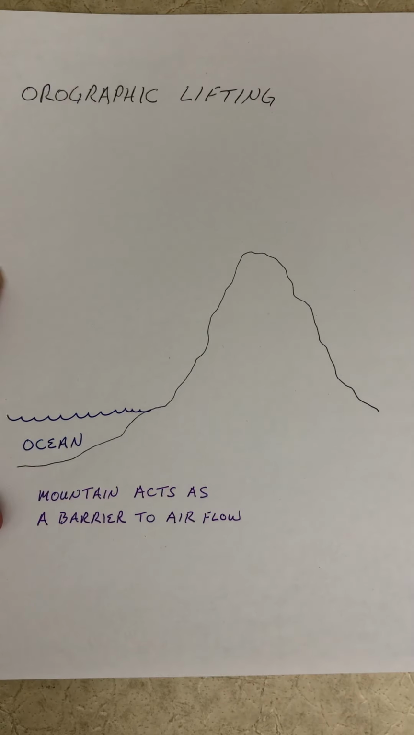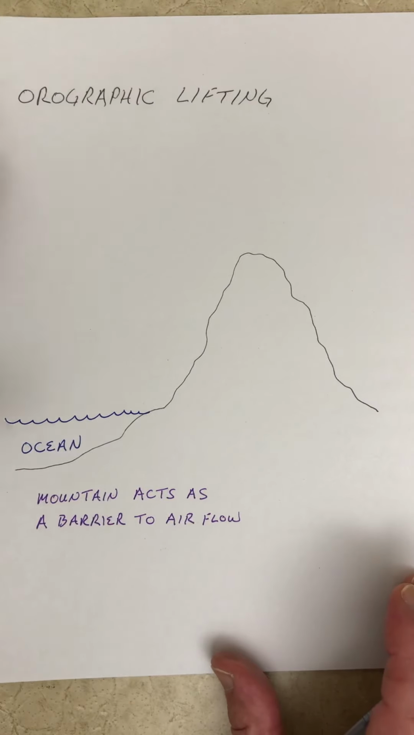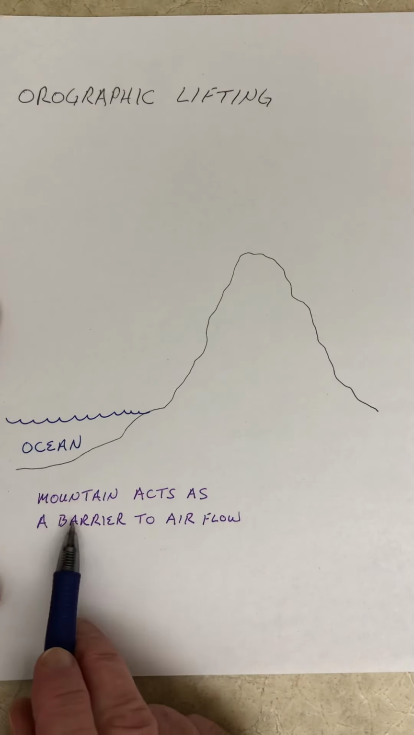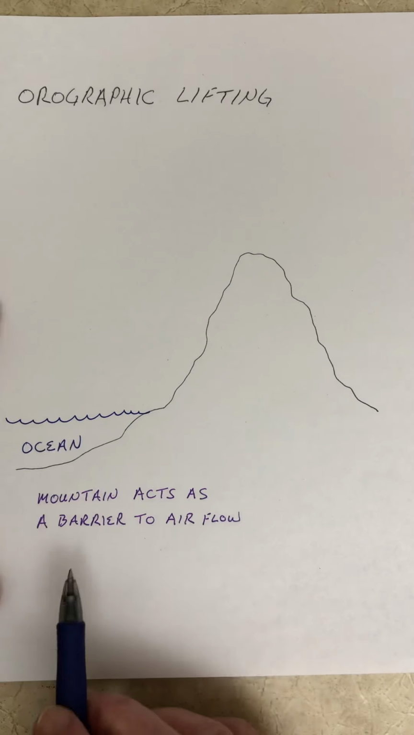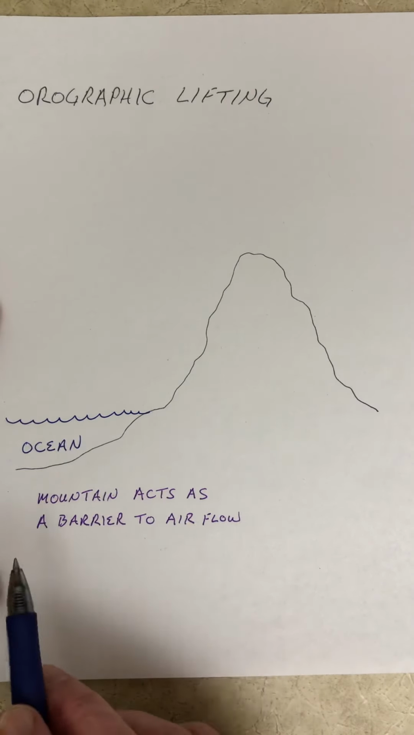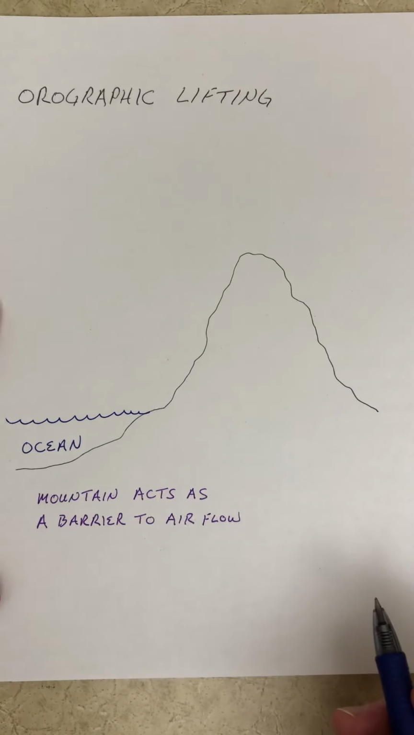Hi class. So here is the second way that we can get air to rise. It's called orographic lifting. Orographic lifting takes place when there is a physical barrier, such as a mountain, that obstructs the airflow. So the air can't go around the mountain, it can't go underneath the mountain, it's got to go